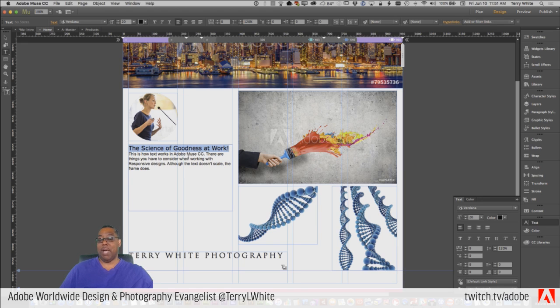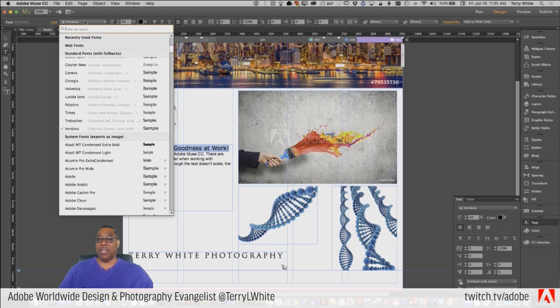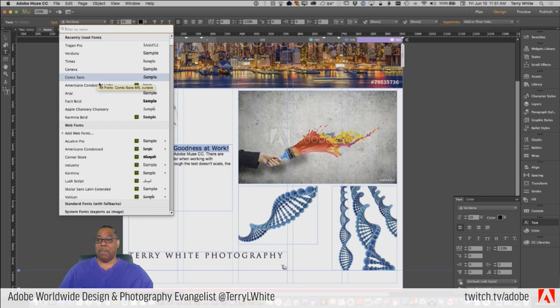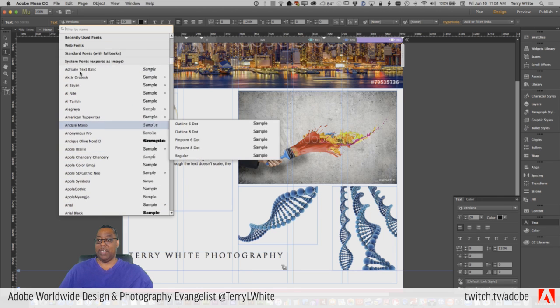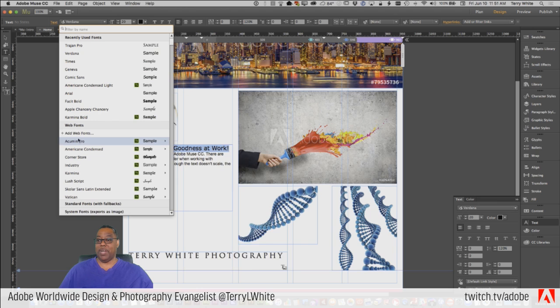Now, I want this to not be Arial and the other 10, and I don't want it to be one of the fonts that's going to make a graphic. I want it to look better, but I want it to be real type. So how does that work? If I go to my font menu and scroll up, I've got one more category: web fonts, standard fonts, and system fonts. So we're going to go up to web fonts.